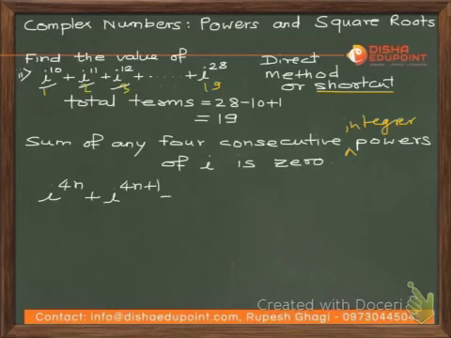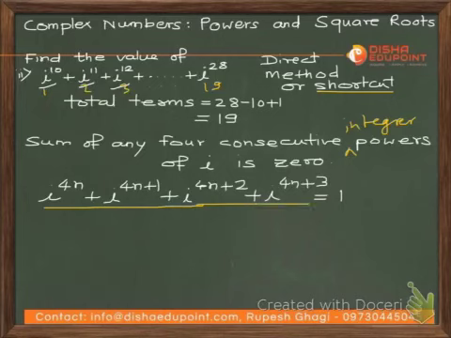So that is i to the power 4n plus i to the power 4n plus 1 plus i to the power 4n plus 2 plus i to the power 4n plus 3. This sum is going to be equal to 0, because the sum of 4 consecutive integer powers of i is equal to 0. One of these numbers is 1, then another is i, then it is minus 1, and then it is minus i. So 1, i, minus 1, minus i. So if we take consecutive numbers, these 4 numbers are going to come and the sum is going to be 0. Okay.